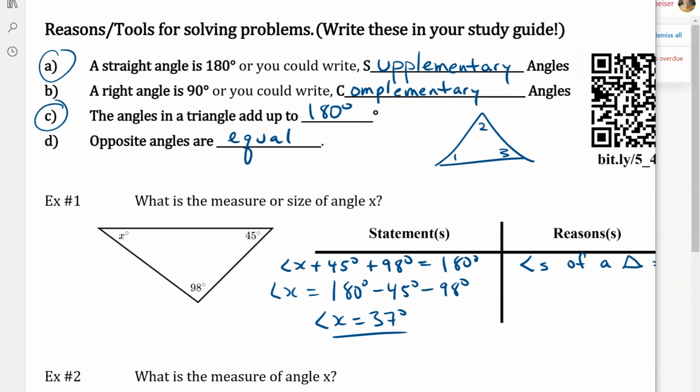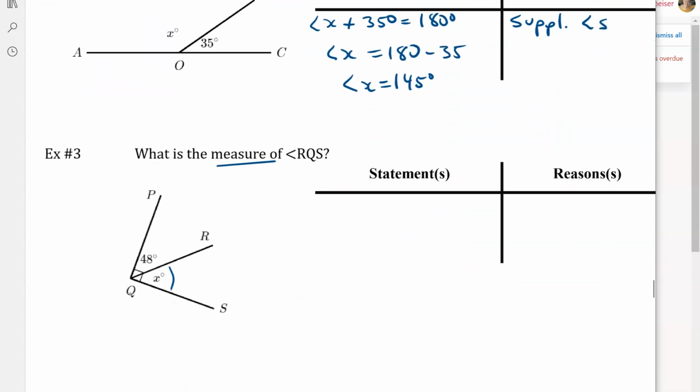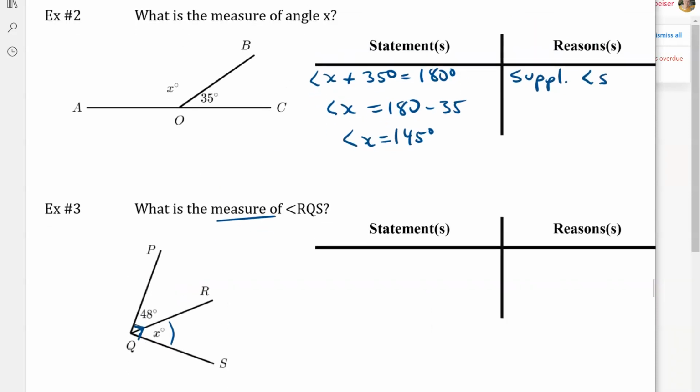It looks like part B here. A right angle is 90 degrees, so that means that angle x and 48 degrees together are going to add up to 90 degrees. How do I know that? It's because of this little box symbol there, because that shows it must be 90 degrees. So I'm going to say, okay, angle x plus 48 degrees